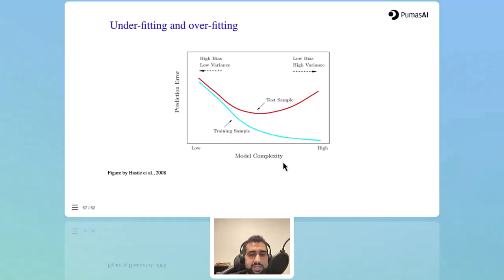So replace model complexity here with number of iterations, and you'll notice a very similar behavior as you increase the number of iterations. You will see that the training performance or loss is decreasing, but the test loss or the validation loss, at some point, will reach some local minimum that you can then just pick. Now, sometimes you'll see that it reaches a minimum, then maybe it increases, sometimes it drops again at some point,